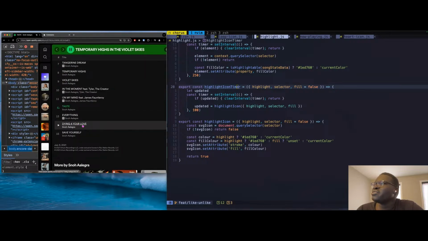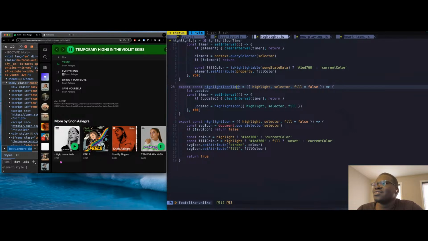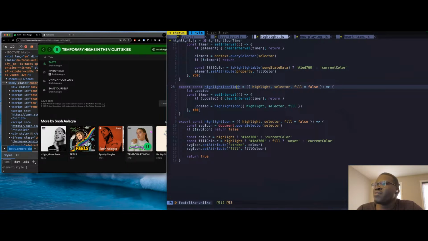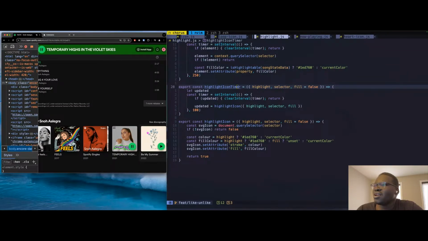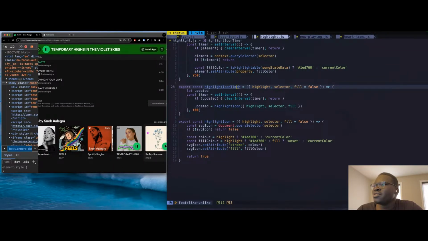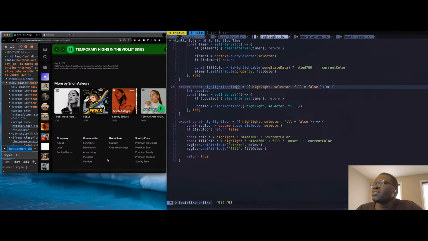Yeah, I heard "Dying for Your Love" as well. But this is the album of albums. If you want to introduce someone to Snow Allegra, I would say it's this album, then this album. I haven't listened to this one yet, but I heard this single. I think this is probably new. I heard it today as well. Anyways,